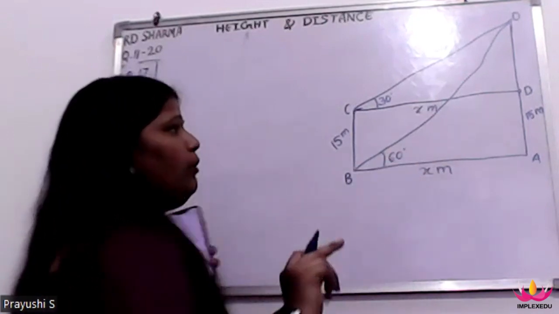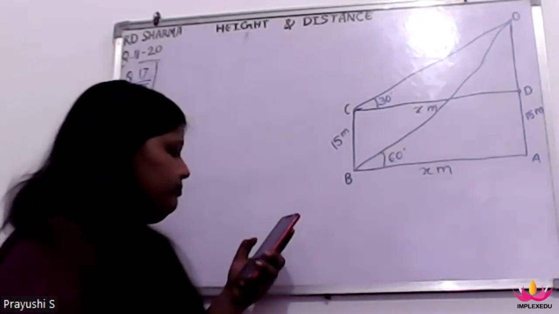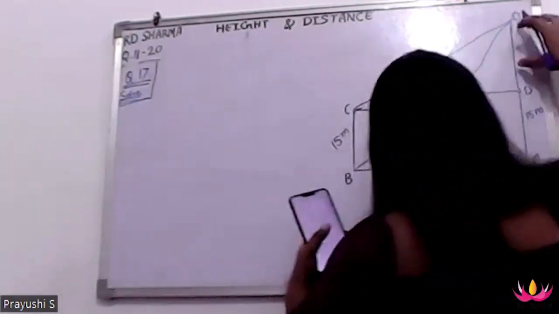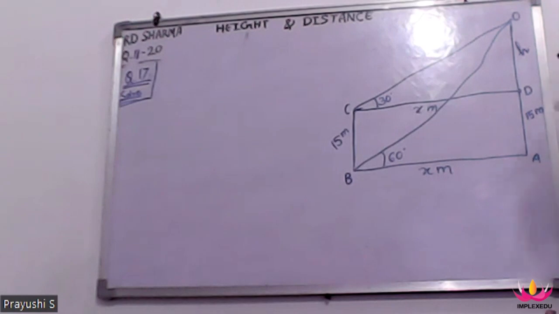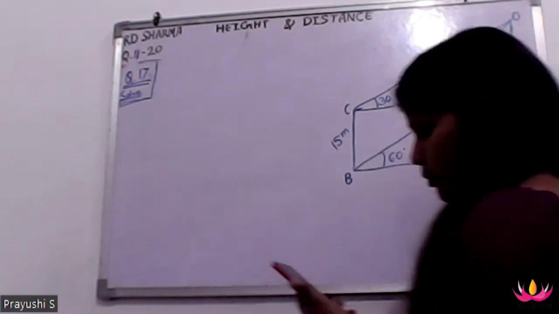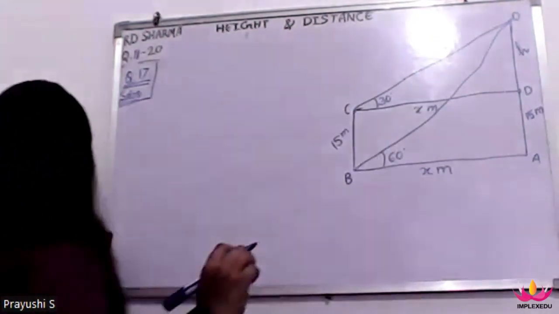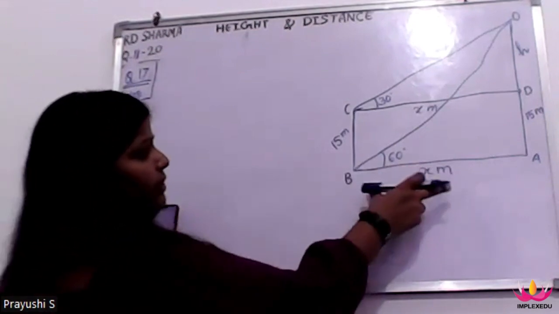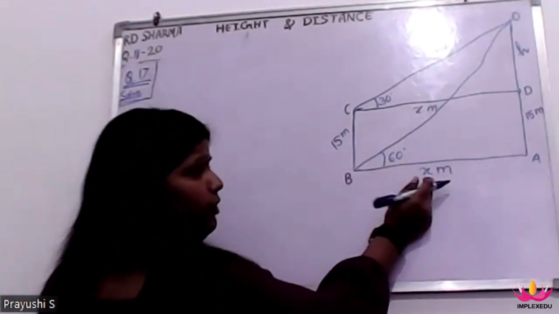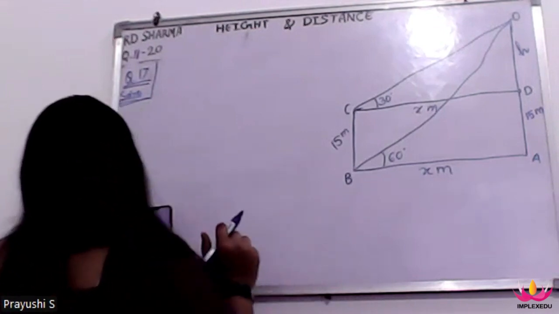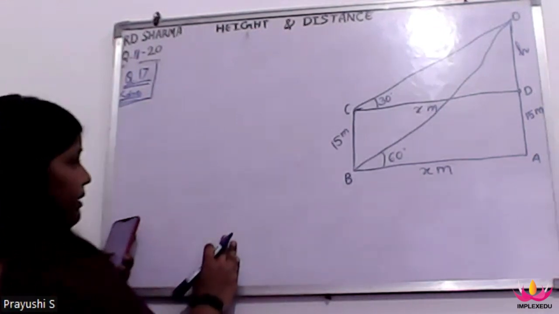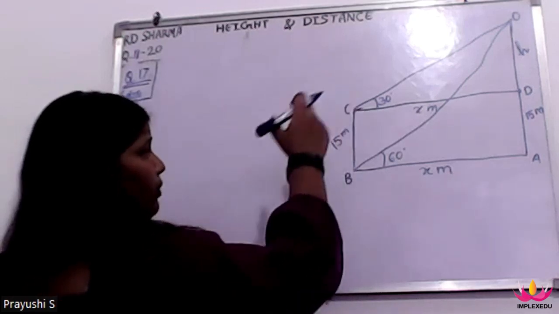Now we are assuming that OD is equal to h. We are assuming that OD is equal to h. Now we have to find the value of x and the value of h. Okay. So for this, first we will take